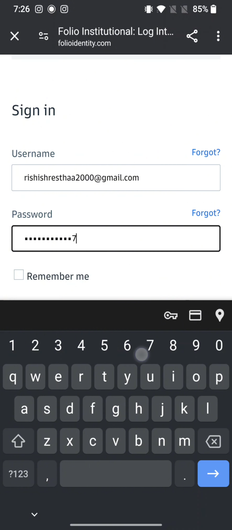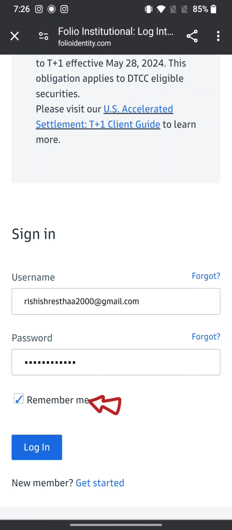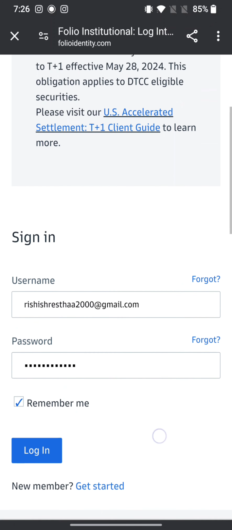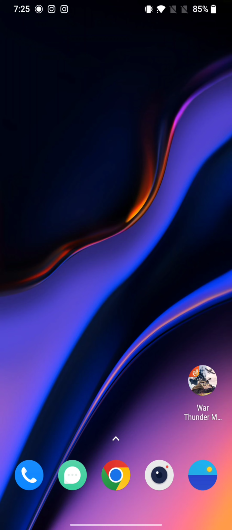In case you want your ID to be remembered next time you log in, tick mark the box that says Remember Me. In case you don't remember your username or password, click on the Forgot Username or Forgot Password option. This is how you can log into your Goldman Sachs Employee account quickly and easily in just a few